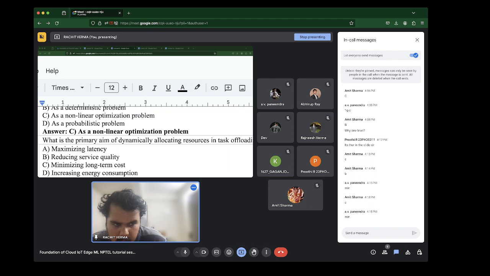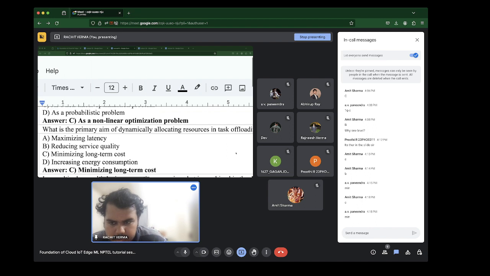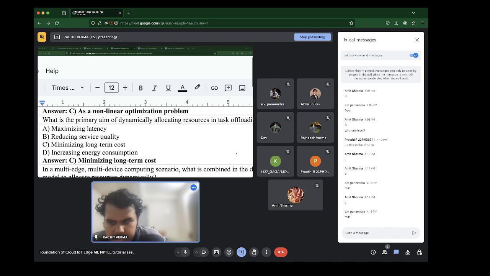Okay, so the answer is C, minimizing long-term cost. That is correct. The others are not relevant.